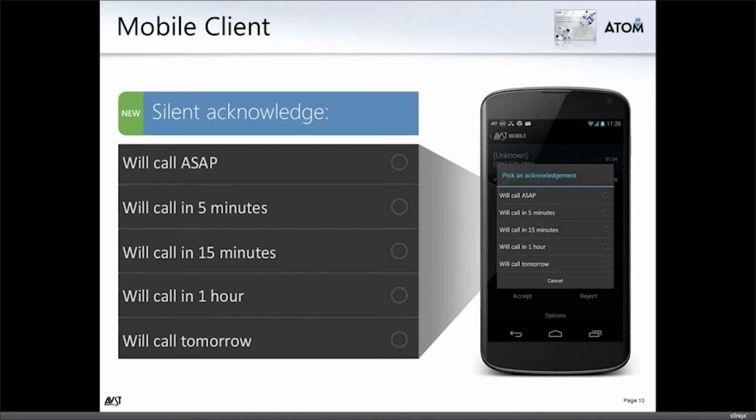But with the mobile client, I can set it up so mobile notifications go to the data channel silently. So I could be sitting in a meeting and I would get a little pop-up and it would say, "John Tyler is calling you." Now I would get that name for a system user or for anyone in my contacts. And I could look down and think, well, I can't take that call right now. I really can't interrupt the meeting. And I could bring up this acknowledgement screen and hit the Will Call in 15 minutes button and go on